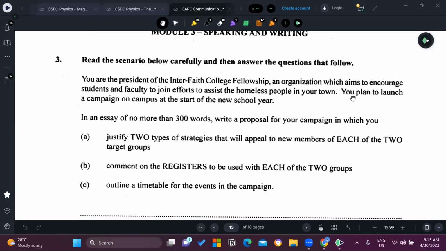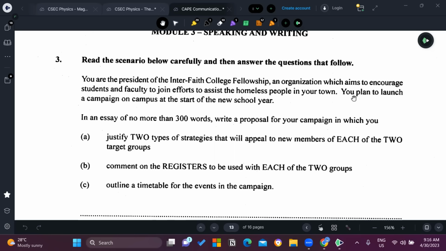Okay, so this is the Module 3 essay, and I must say that firstly, if you're a person who requires a bit of progress going on to keep going, I would advise doing the Module 3 essay first because it's usually the shortest and actually, if you know what you're doing, it's the easiest. So the Module 3 essay usually requires that you write a proposal for a campaign, or whatever, really.